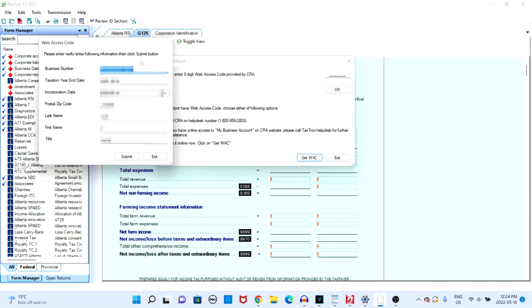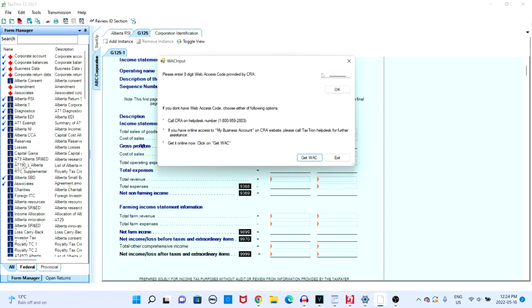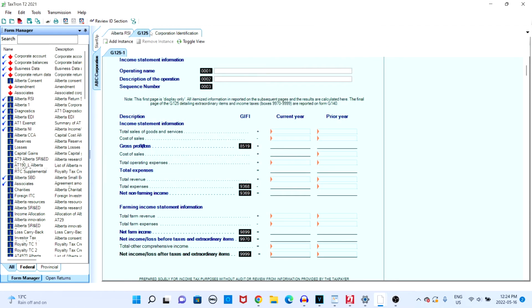You'll have to fill in information such as your business number, taxation year-end date, incorporation date, postal code, first name, last name, and the title. Your business number and incorporation date must be registered with the CRA beforehand, or else you will not be able to generate your WAC. If you're running into errors in terms of your incorporation date, it's always a good idea